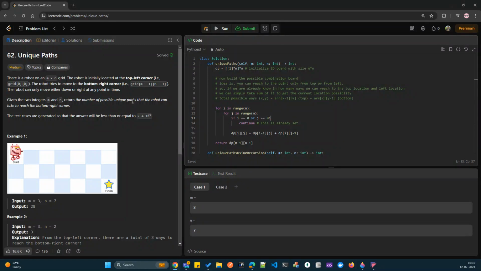Okay, so the next problem in LeetCode we are solving is Unique Paths. Here we are given an m cross n board. The problem statement is that we have a robot at the start location, which is 0, 0. This is the finish one, I mean this will be the end of the board, right? So now we need to go from here to here, and we need to find out how many possible unique